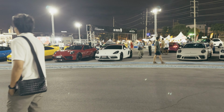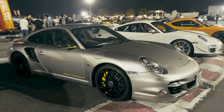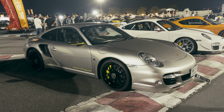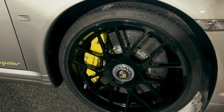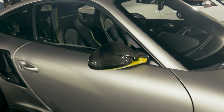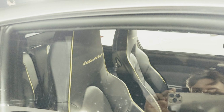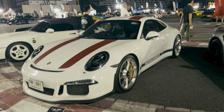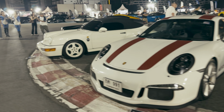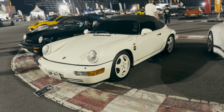And then we'll sweep round, have a quick view of what's going on. And then we come to this. This is a 997 edition 918 Spider Turbo S. This is basically a car you are offered if you purchased a 918 Spider. So you can see some kind of crossovers there, basically the acid green accents on the seats and also on the brake calipers. Here we have the best 991, the 911R, and next to that a really cool car, a